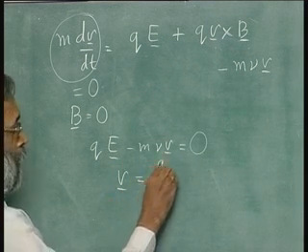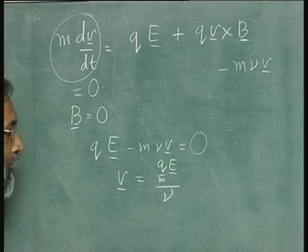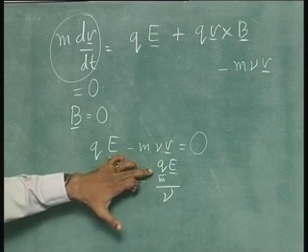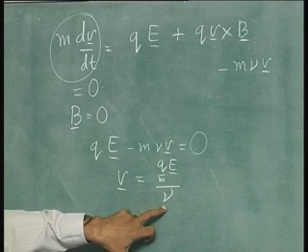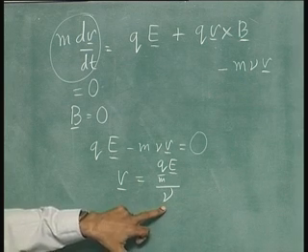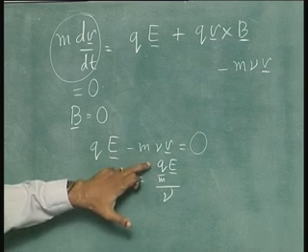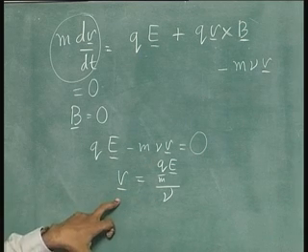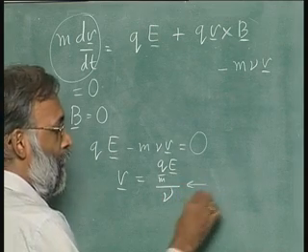V is equal to q over m times E divided by the coefficient of friction. So, q over m E is the acceleration, and the acceleration is balanced by a slowing down friction, and when these two accelerations balance, that gives us the steady velocity. This is nothing but Ohm's law,